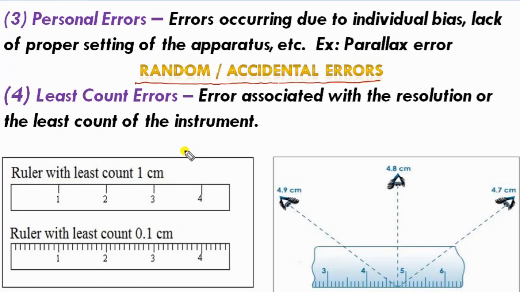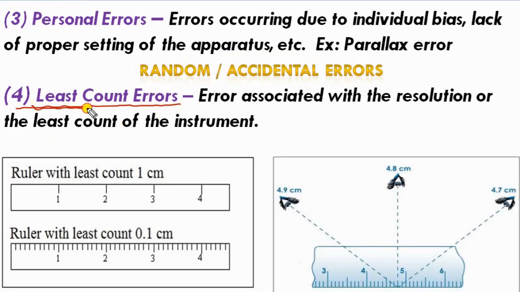Also, systematic errors were either consistently positive while taking the measurement or consistently negative, right? The nature of random error is exactly opposite of it. They can be positive as well as negative. They are equally likely to be positive as well as negative. So sometimes you will get a value that is more than the true value, while other times you will get a value which is less than the true value. And the magnitude of random error is also completely unpredictable because they can occur due to various reasons which are not in our control.